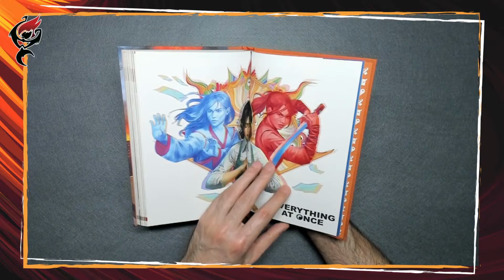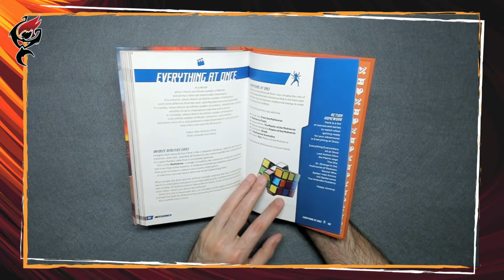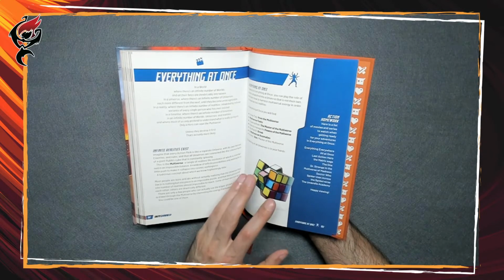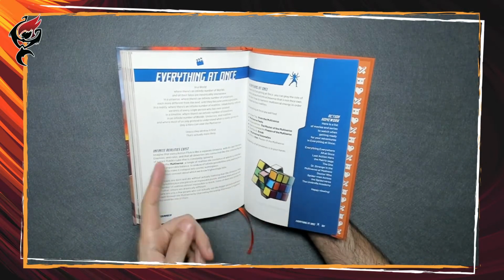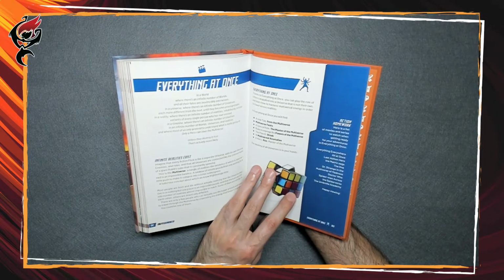Everything at Once. I guess it depends when this was written, because wasn't there a movie, Everything Everywhere All at Once, with, is it Michelle Yeoh? Everything Everywhere All at Once. There we go. You see, I should just wait until I turn the page. So